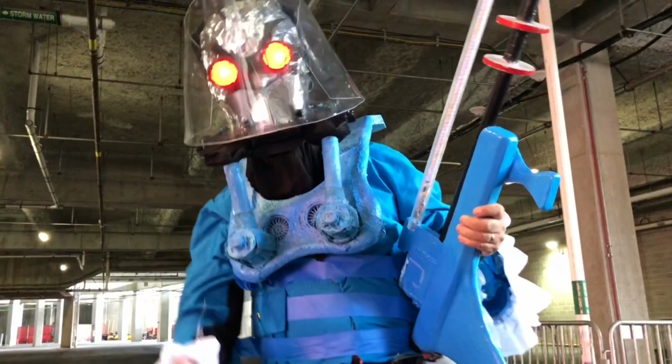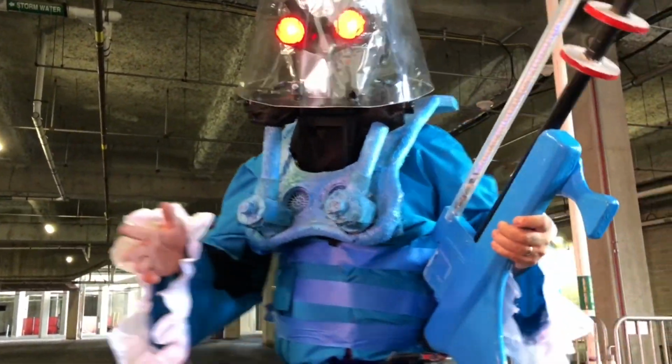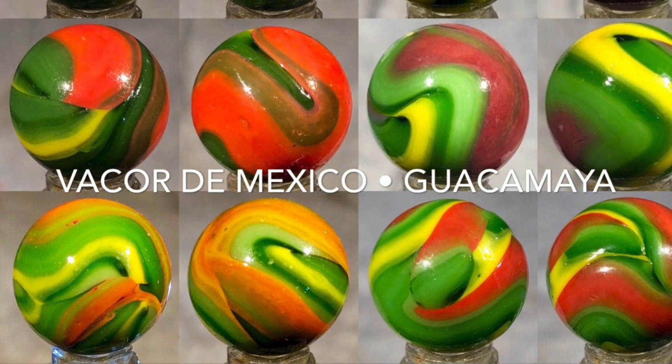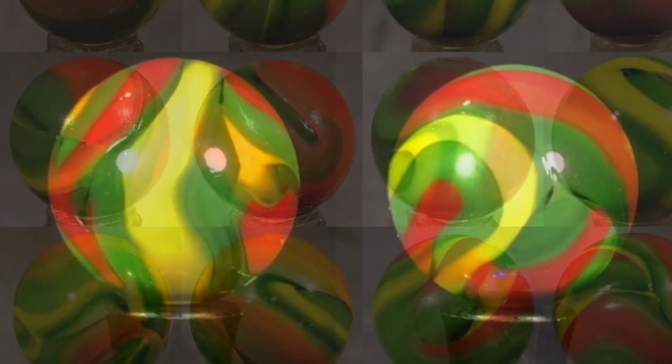Mr. Barr, with all these collectibles to share, I think we should show more than just 10 marbles. Excellent point, Mr. Freeze, and I aim to please, so let's pull out a few choice Vacor de Mexico marbles